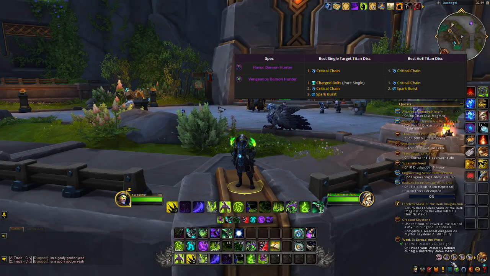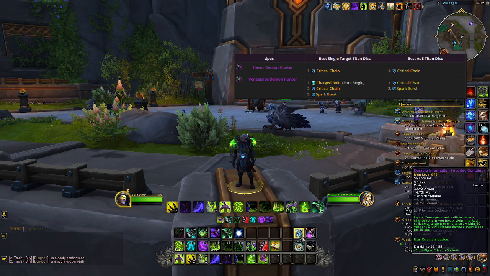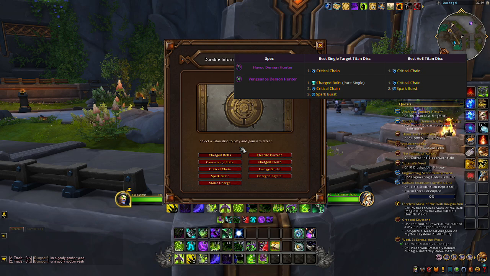We'll start off with Death Knights, the best Death Knight abilities for the durable D.I.S.C container. For single target, for Blood, it's going to be Critical Chain, Frost Critical Chain, and Unholy Spark Burst. Critical Chain obviously gives you a chance at a secondary stat increase for Critical Strike, which is crucial for the healing on Blood DK and procs on Frost. Whereas Spark Burst is giving you haste, which is obviously crucial for the proc buildup of Unholy in terms of